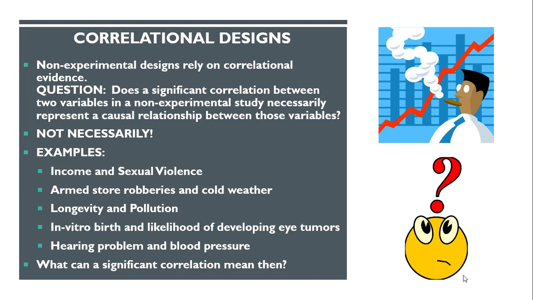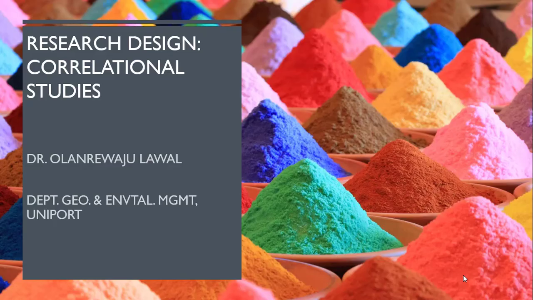Association or correlation does not imply causality. Have this at the back of your mind. What can a significant relationship mean? What does a significant correlation mean? If we found a statistically significant correlation in our study, especially when we do correlational or non-experimental design, what does it mean? We will explore that in the next